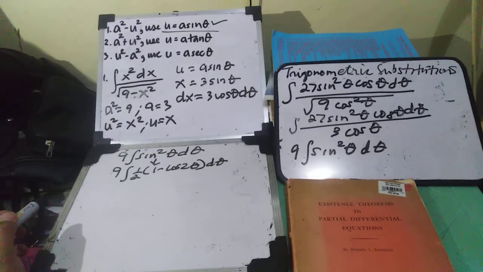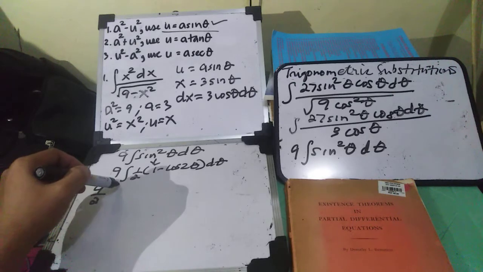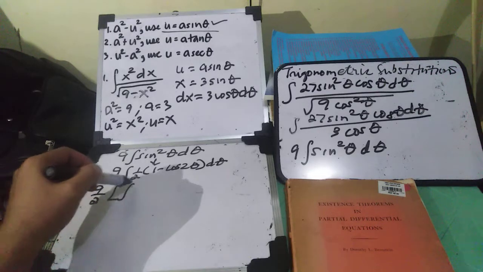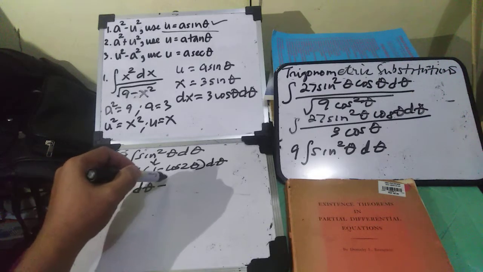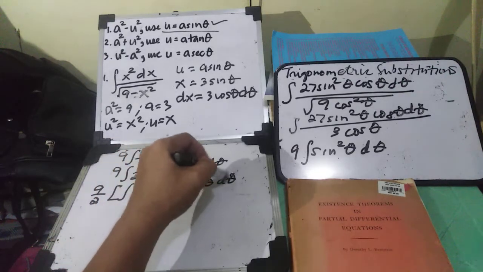And therefore, we have 9/2 times the integral of 1 d theta minus cosine 2 theta d theta,